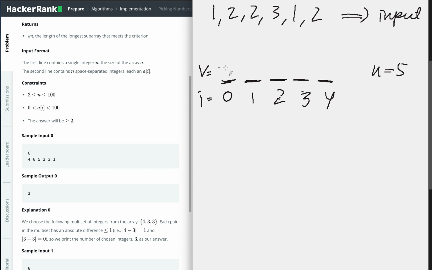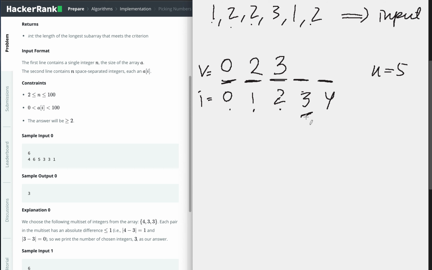No, there is no 0 value, so the value for index 0 is 0. And is there any number 1 in our input? Yes, 1, 2, so the value of index 1 is 2. And how many for index 2? There are 3 numbers 2, so 3.